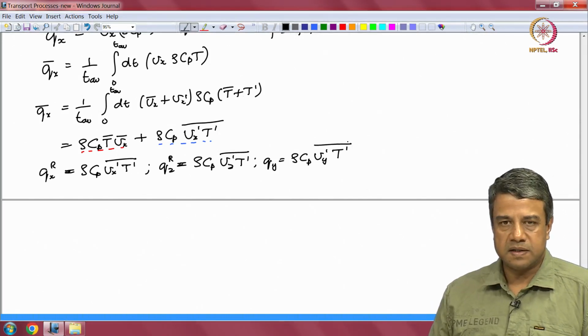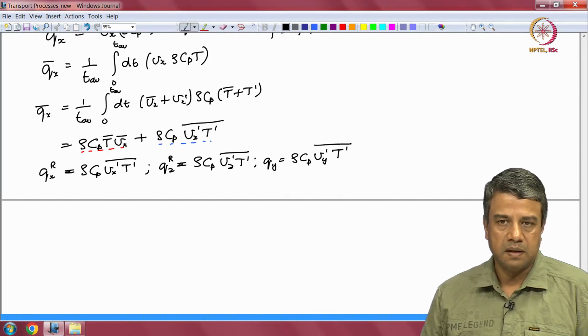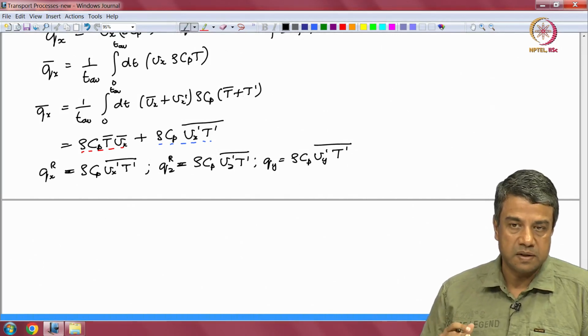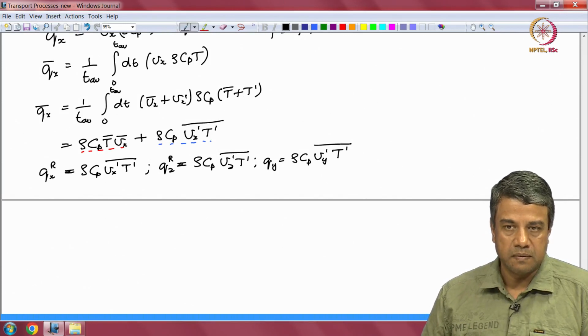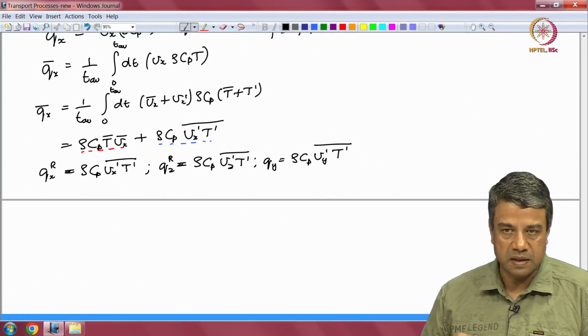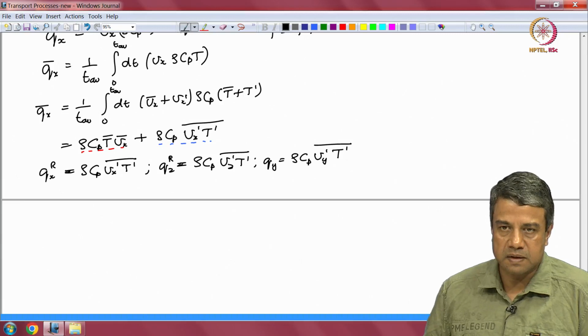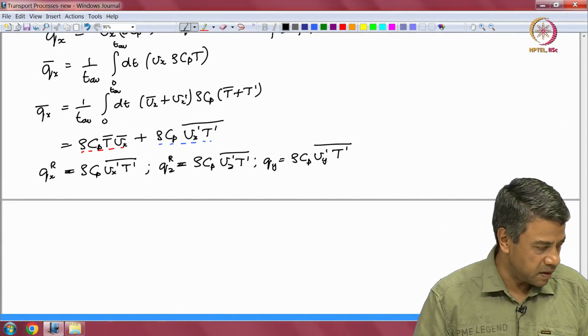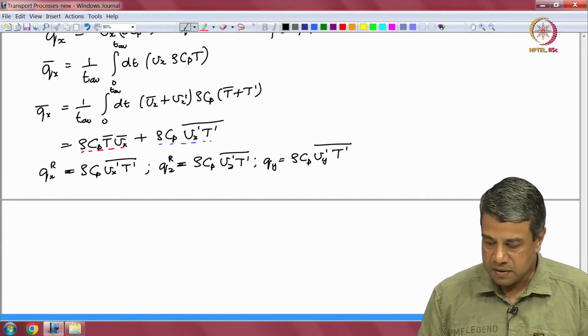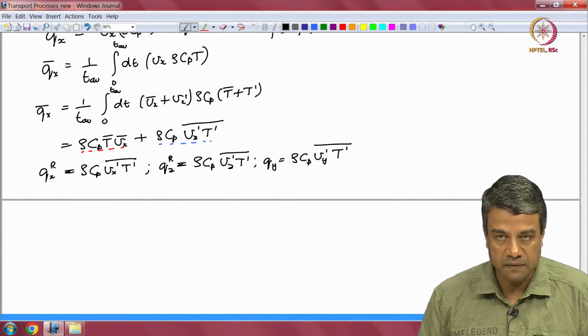So these are the fluxes in the different directions, because they are the velocities perpendicular to surfaces. Velocity in the x direction is perpendicular to a surface in the y z plane, and so on. So, this is the heat flux,